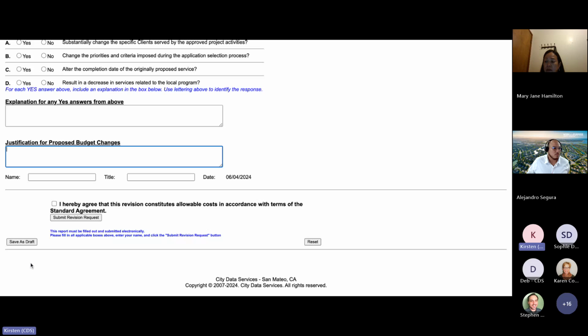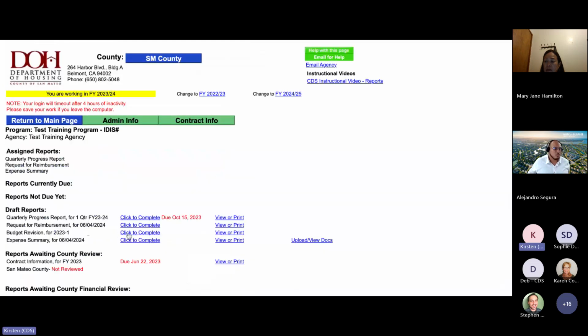At the bottom, we have our save as draft option. If you are working on this and want to come back to it later, or if you're ready to turn it in, you would click this box here, name, title, submit. Now I'm going to save it as a draft. And then if we go back into it,